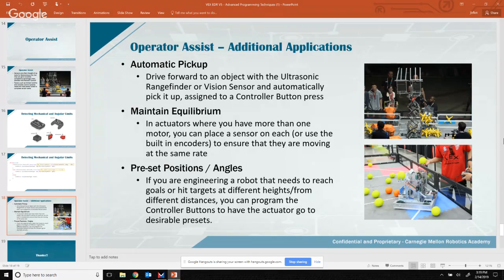And then another big one, I think, is just preset positions or angles. So for instance, in this year's game where you have to be able to shoot targets at different heights, it's pretty powerful if you can push a button on your wireless controller and have the arm, or the shooter on your robot, go to a preset position. Then, based on the distance from the target, you can have it go to one of these positions